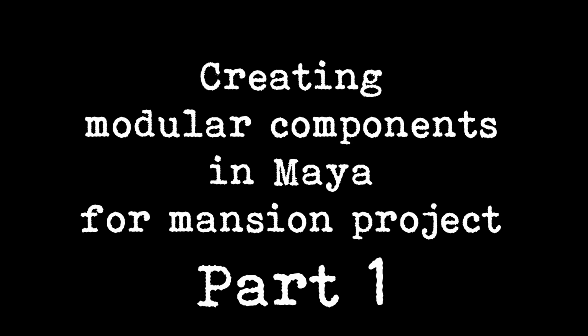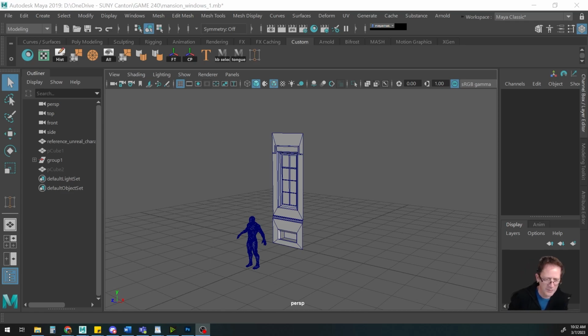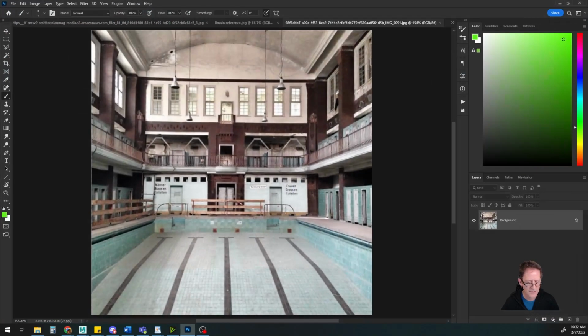All right, hello. So today is going to be a multi-part video on making the assets for the abandoned mansion. And with the other videos that I made, the grass and the landscape and the trees, those are all assets for the abandoned mansion. But these are the building assets. So it's a little bit of a different concept. To start with,